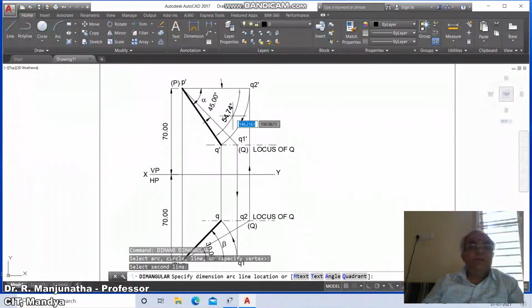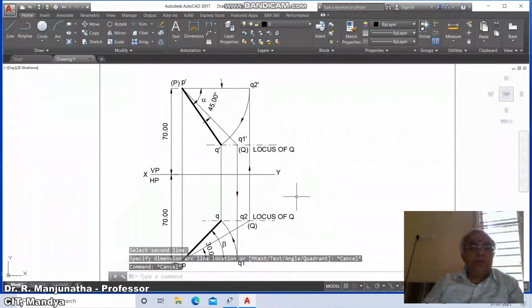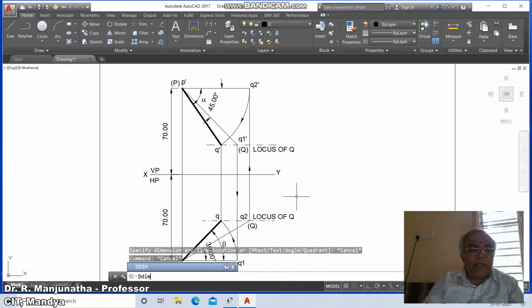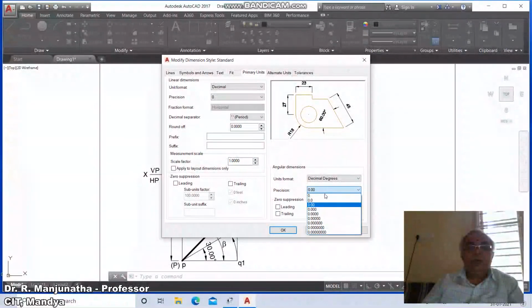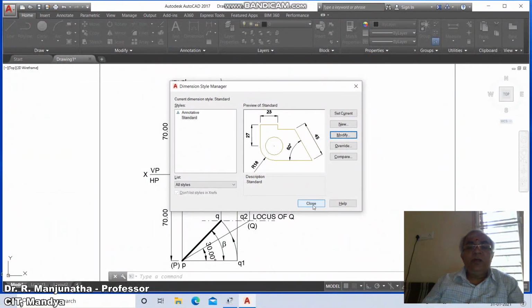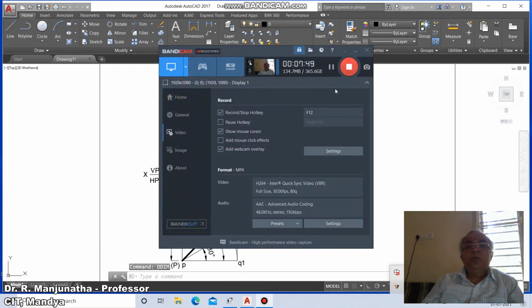You can see here 54.74, and angular between this and this. Now you can see 45.00. So now you just go to DDIM and then modify this back with precision as 0, and here also precision as 0, and say close. So this is how you will be able to do this.